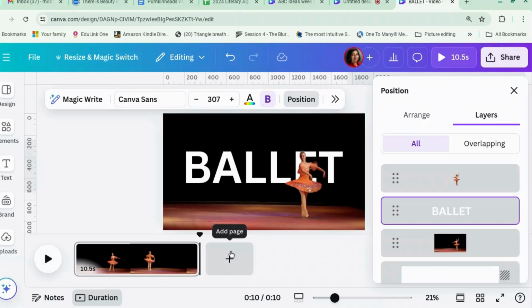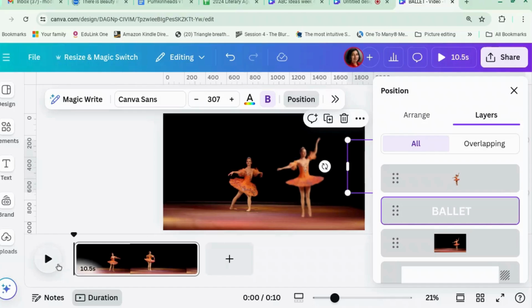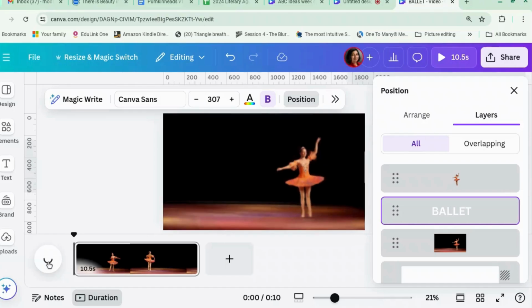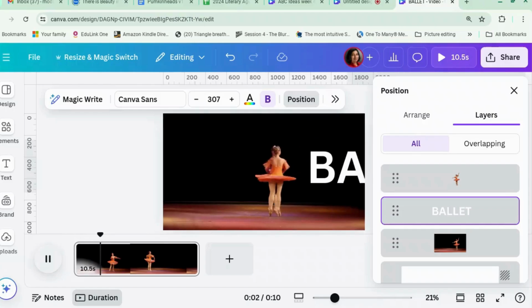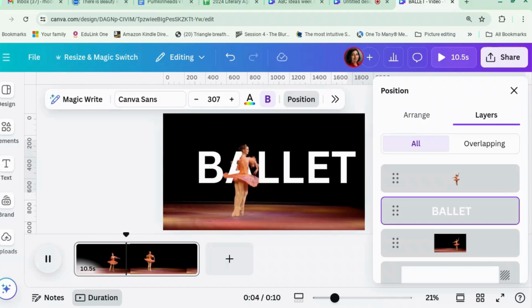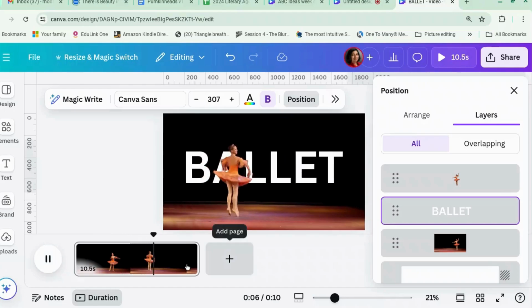Okay. Now, it should, theoretically, have both the dancers, because they're really the same video, just one with the background removed. They should go at the same time, but that's clearly not happening. You can see it separating slightly. So what I ended up doing was,